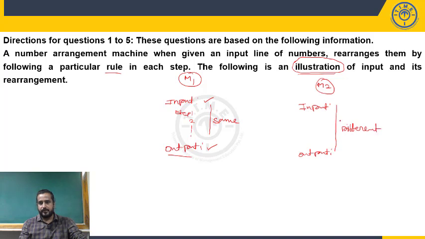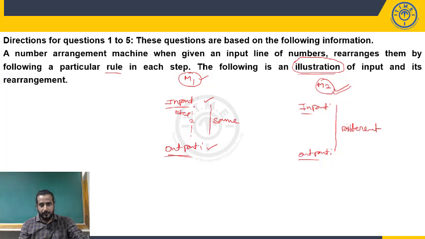So when it is mains exams, this kind of logics they are giving, even you cannot rule out this. This may also be expected in mains, but this is definitely expected in mains. From the last 2 to 3 years they are giving this kind of logics. But when it comes to RRB PO mains, still they are giving the input elements and output elements same logic. But in IBPS or SBI PO, and also IBPS clerical mains and SBI clerical mains, they are giving input elements and output elements completely different.